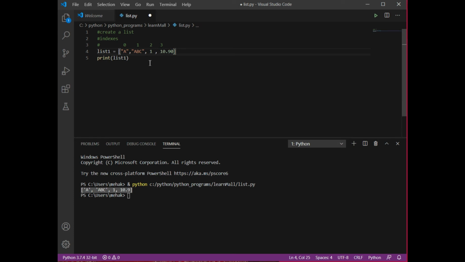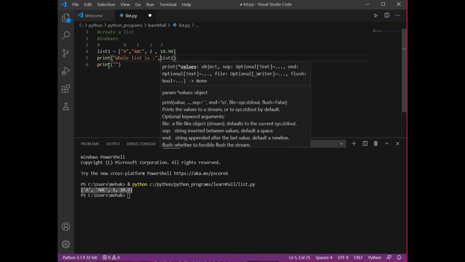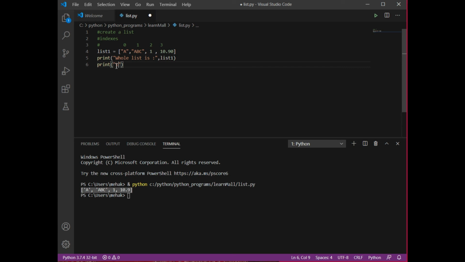Now let's understand how this is actually working. So I'm going to write one statement, that is whole list, and it is going to give me all the elements of my list. Now here I'm going to print the element stored at an index.